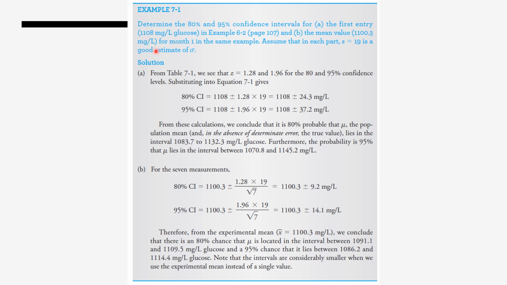So this one is an example of the calculation with confidence interval. Determine the 80% and 95% confidence interval. The first entry, 1,108 milligram per liter glucose in example 6.2, and the mean value is around 1,100.3 milligram per liter for the month in the same example. Assume that in each part, the S is equivalent to 19, and this is a good estimate of our population